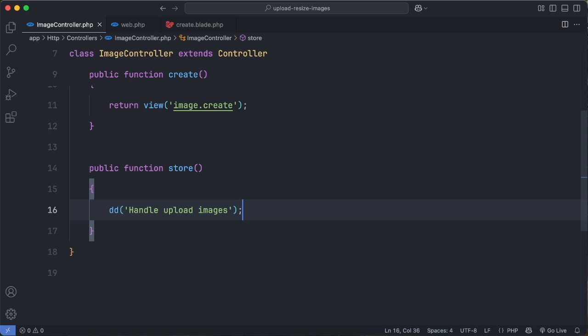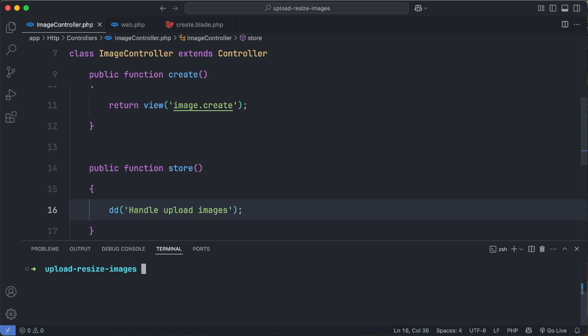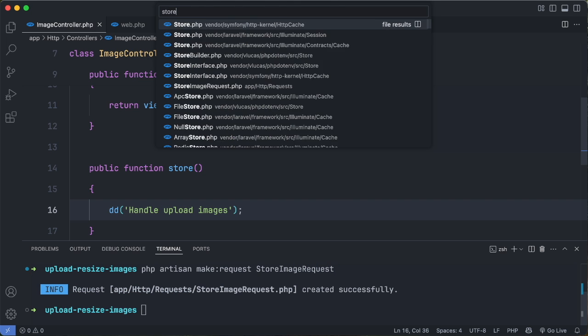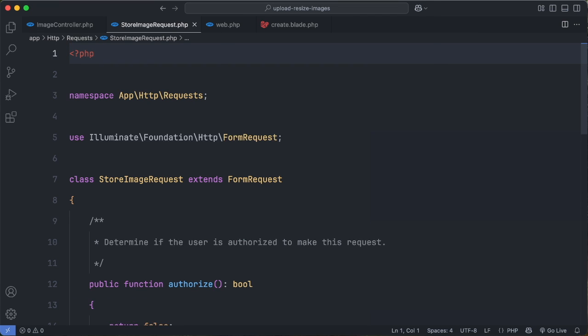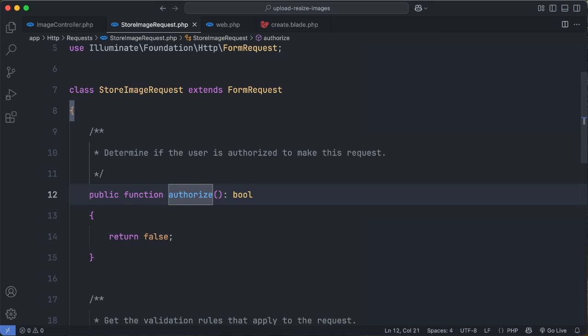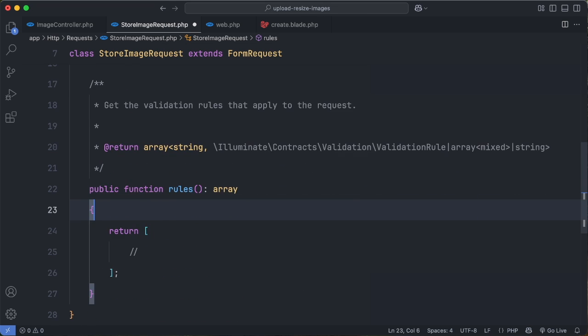Now let's validate the uploaded file properly. First, we generate a form request. Store image request. Inside the authorize method, just return true. And inside the rules,